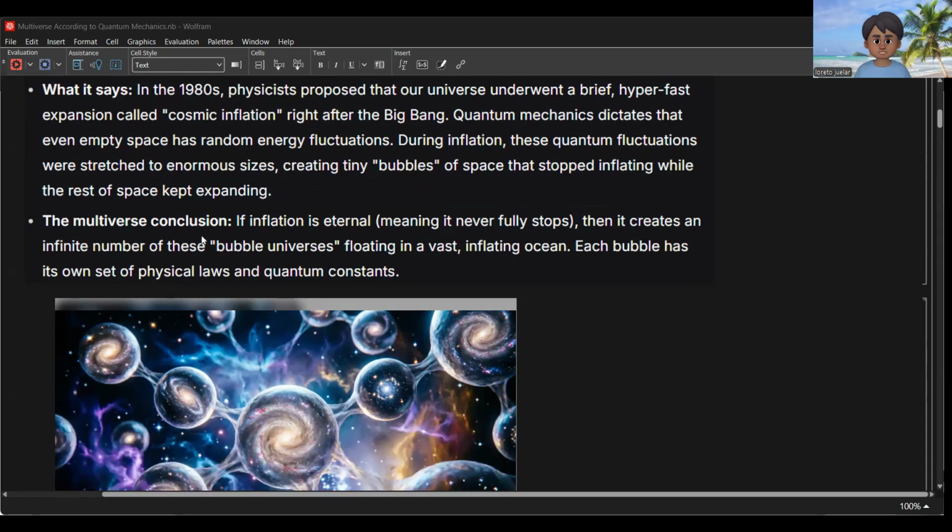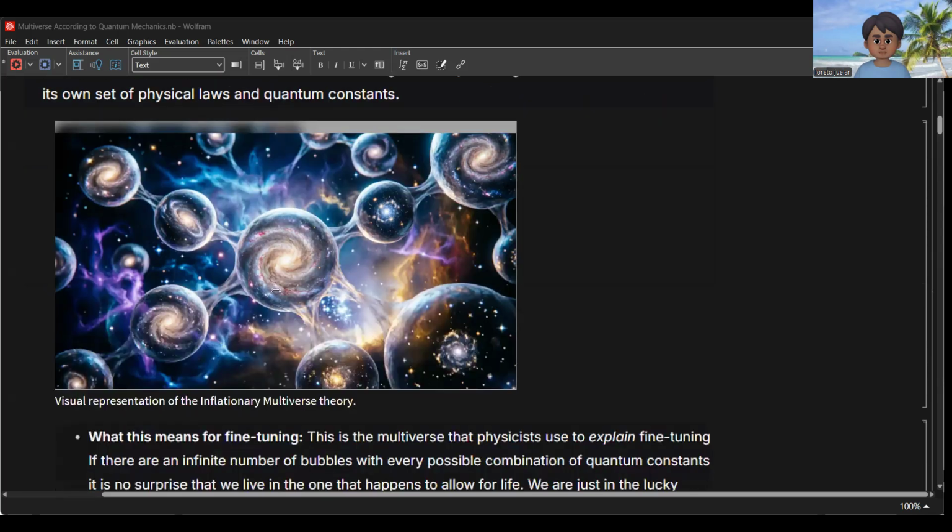Multiverse conclusion: if inflation is eternal, meaning it never fully stops, then it creates an infinite number of these bubbles, universes, floating in the vast inflating ocean. Each bubble has its own set of physical laws and quantum constants. So we have the visual representation of the